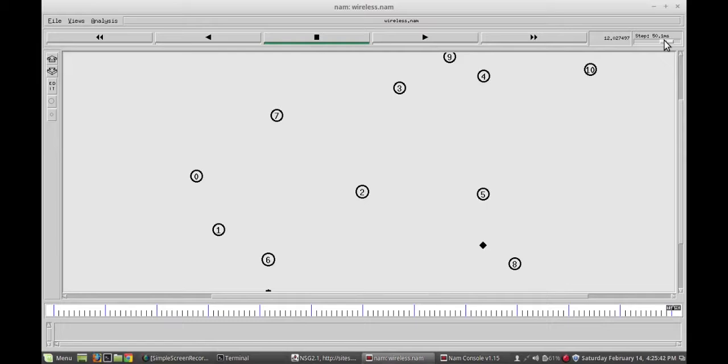Yes, this is the end of the simulation, and now you can see the change in the topology. As I already told you, I'd set the node movement for various nodes for the wireless network, and now you can see the change in the topology.